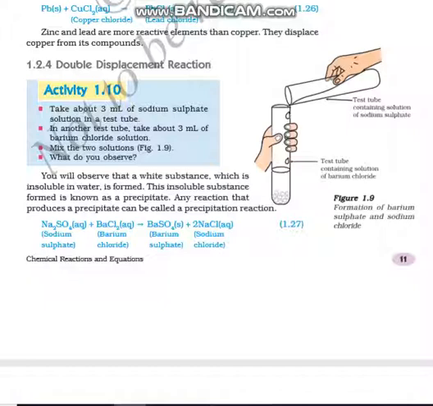In one test tube, take sodium sulfate. In another test tube, take barium chloride. Mix these two solutions. Both solutions are in aqueous form. If we add both solutions, what do you get? You will observe that two elements are detached and